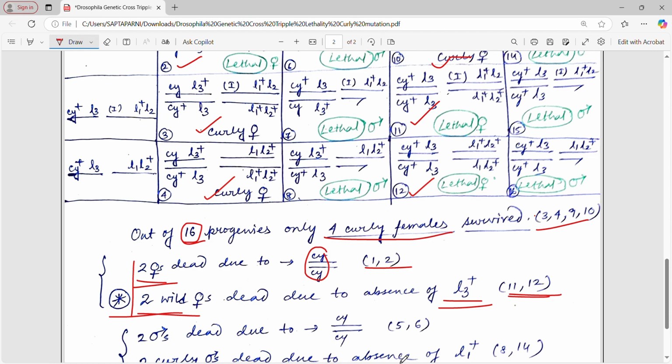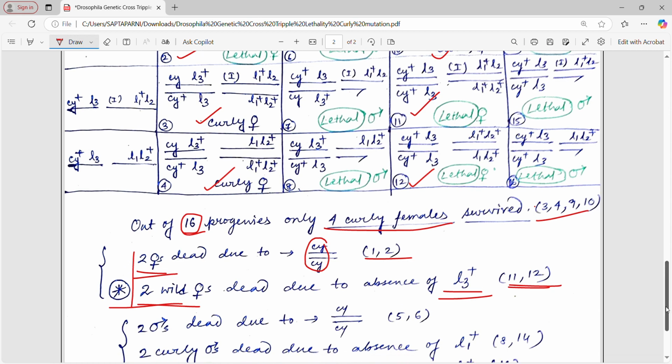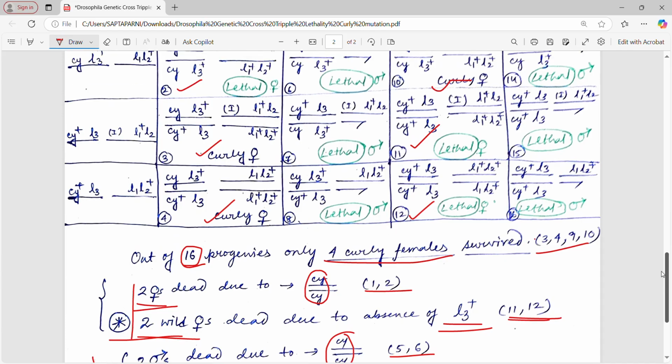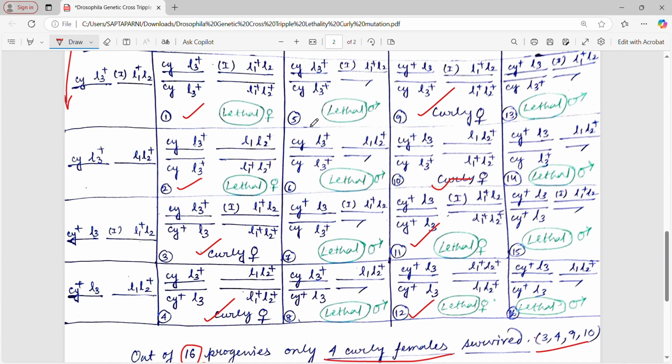Now let's get through the 100% male lethality. So all of these are males. 100% males means 8 males could have survived from here, but all are dead. See here the cause of their death: 2 males are dead due to CYCY, the recessive lethal allele. Those are present in box 5 and 6. See here in box 5 and 6, these 2 males are dead due to the presence of